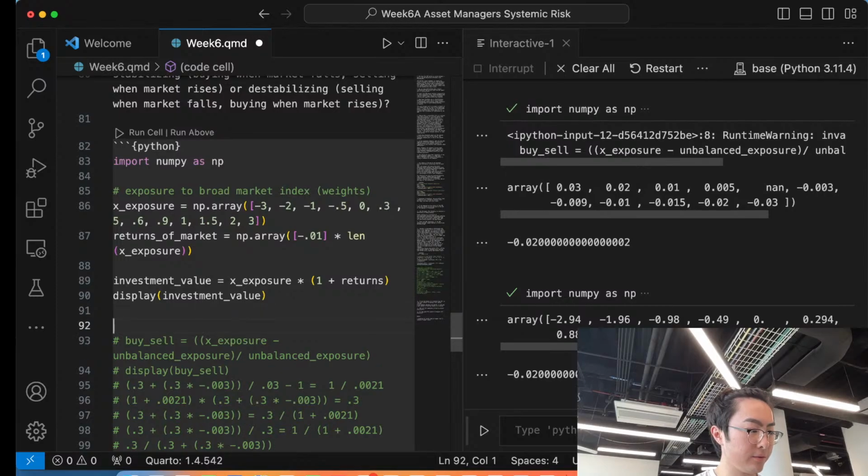We also have the returns of markets, and we multiply that by the X exposure, and multiply that by